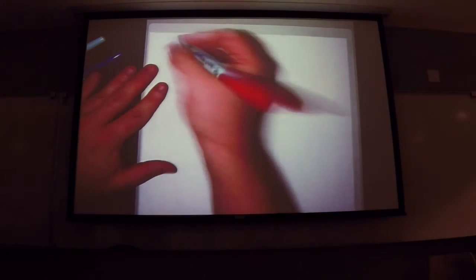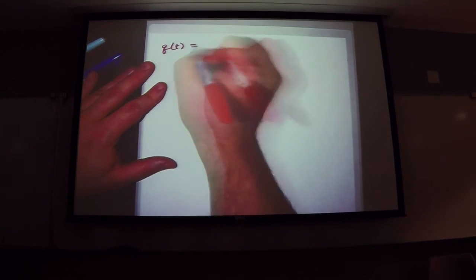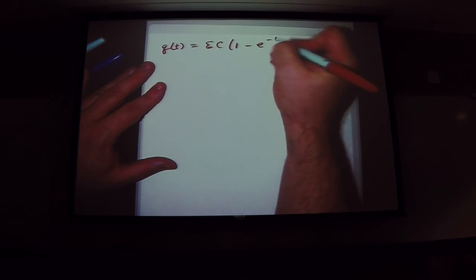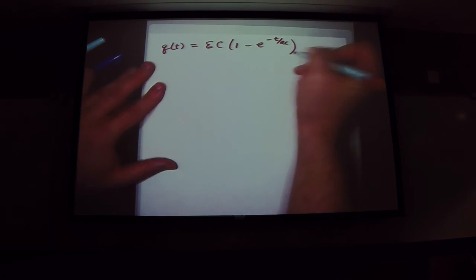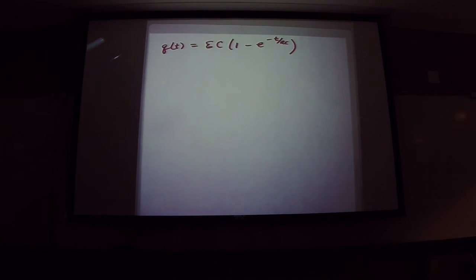Let's take a look at our equation here. Q is a function of time. Q equals EC times 1 minus e to the minus t over RC. All right, now, what I want to know is